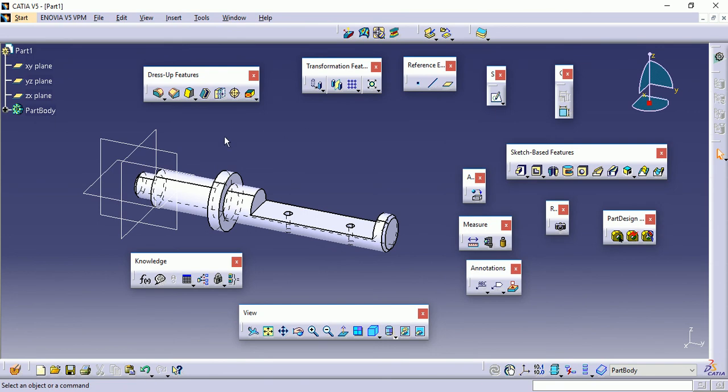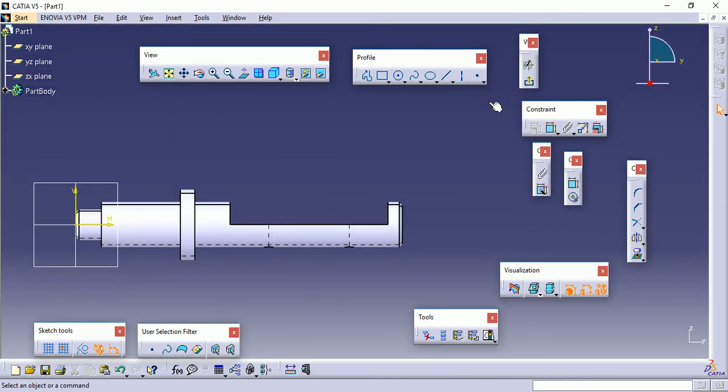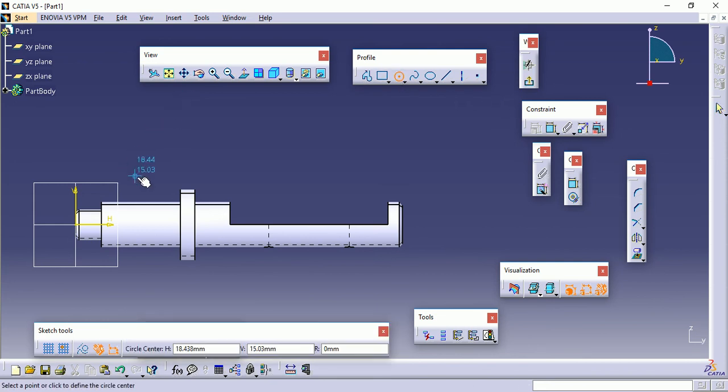And finally we have to create a keyway cutout on this particular section, and the profile for that is basically a circle of radius 8. So we will create a circle here.